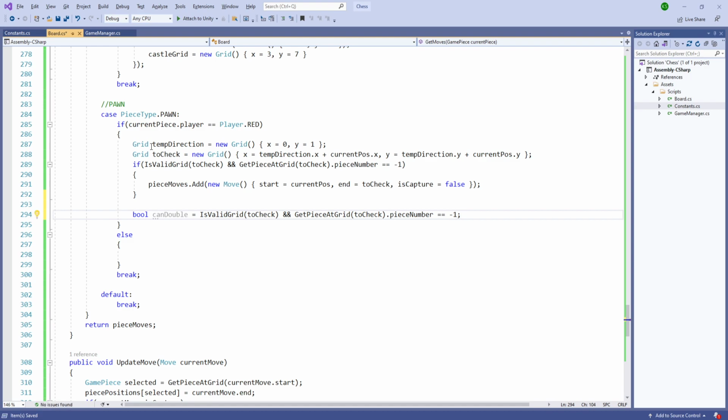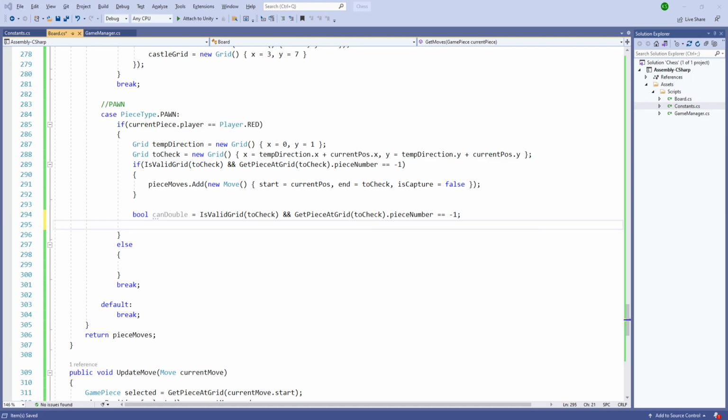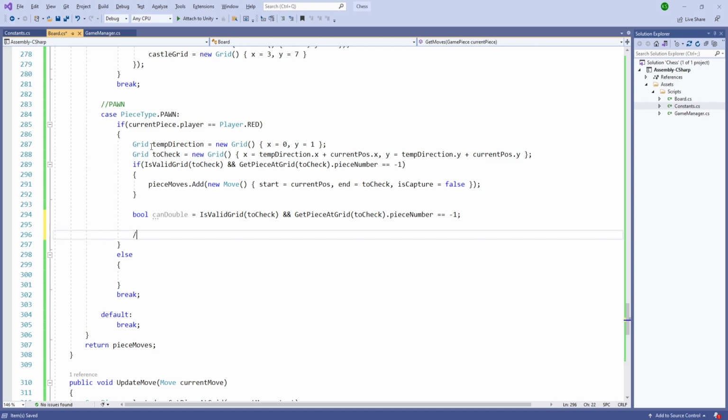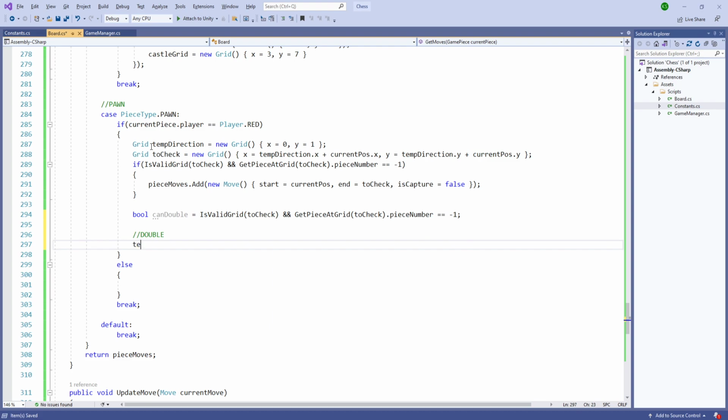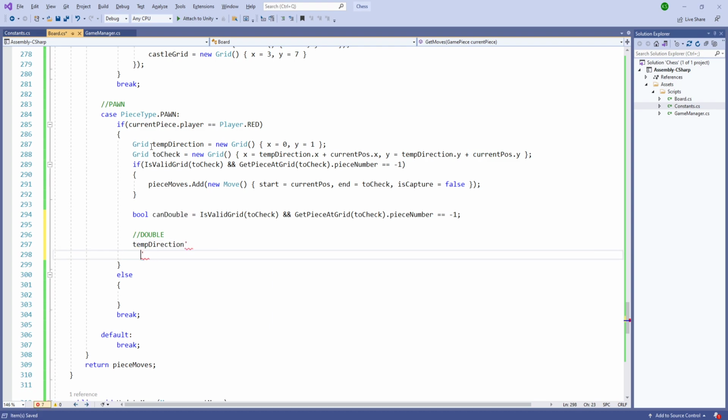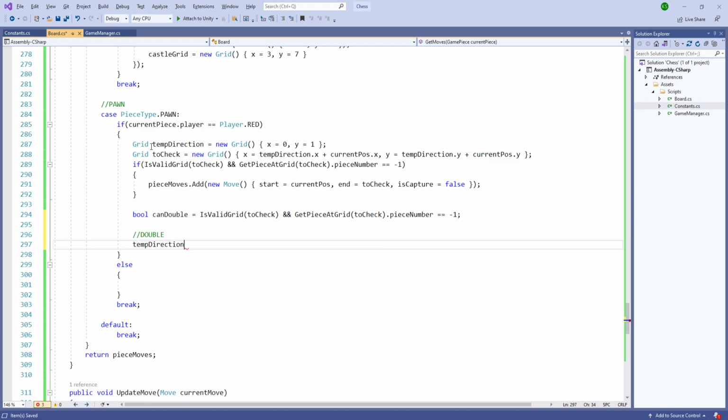So the front position is valid and empty. Then we'll do double. Let's set the temporary direction. And here we'll move forward two positions